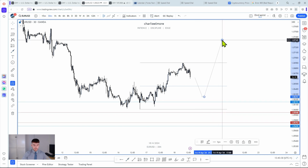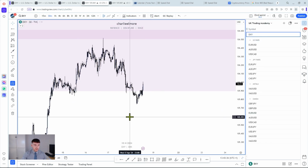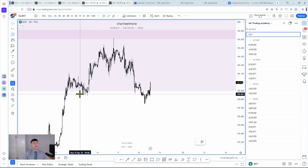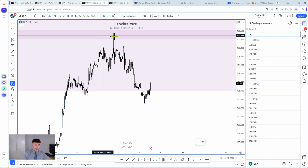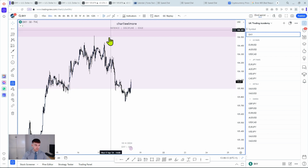continue up. Yeah, again, just following with the dollar index analysis as well, because the dollar index just broke that low on the 30-minute as well. It's quite important, to be honest, because that was kind of the last consolidation point before that expansion up. That was a news candle that actually wicked into that daily imbalance, which I was talking about when we was down here, and I was wary that we had that area above. And obviously, price did that with the news, so obviously the news can do that sometimes. But yeah, that's just the last point in which price had that consolidation before that push up, and we've just broken that. So if this has a pullback,